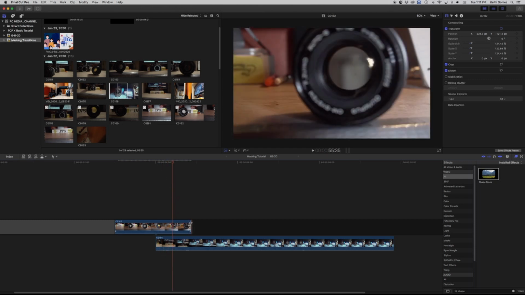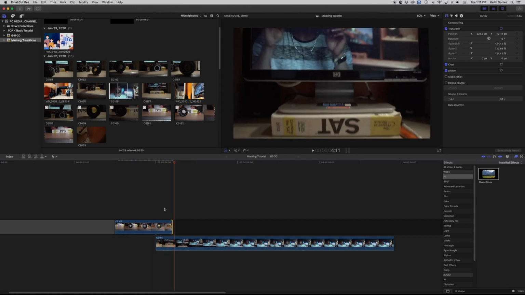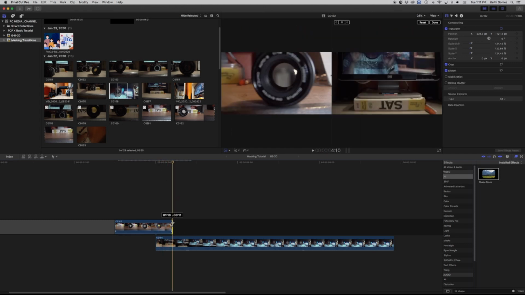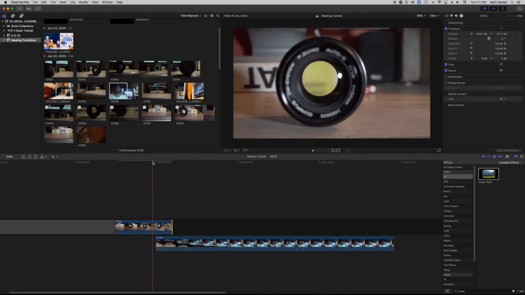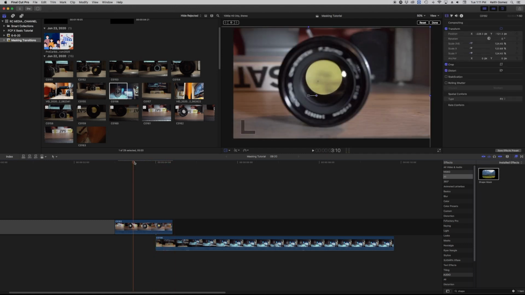So in order to counteract that, what I had to do was scale the clip up and then reposition it to the middle. Because I don't know, it looks better to zoom into the middle of the screen as opposed to the side of the screen or the bottom of the screen. So we're going to zoom into the middle of the screen. Once we have the lens centered,